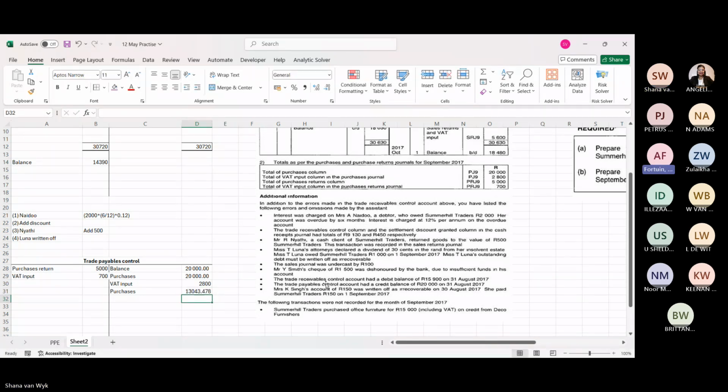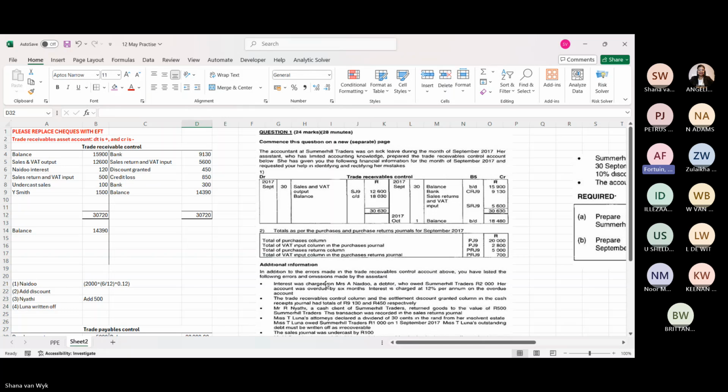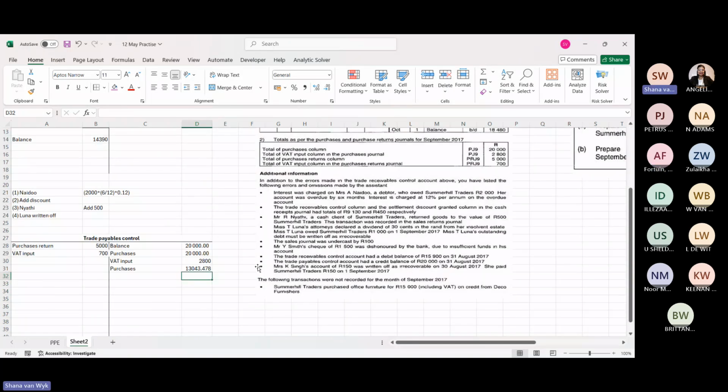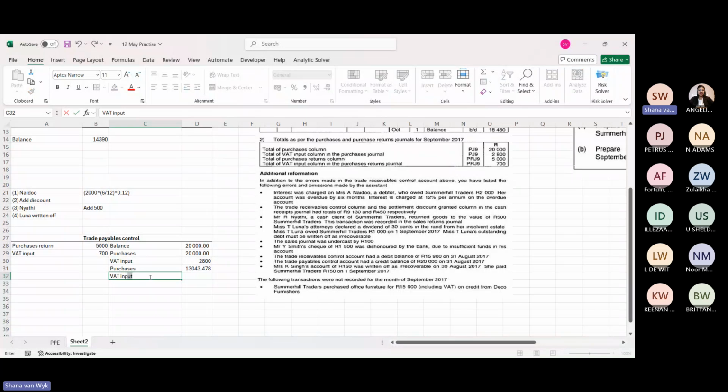These are old question papers, so we don't know what the VAT was at the time, but I think it was 15. Okay. So then we know our VAT input. So you don't have memos for this, Aziza? No, I used to work it out. And if there is memos, there's always errors in it, so I used to work it out and just keep all my workings.